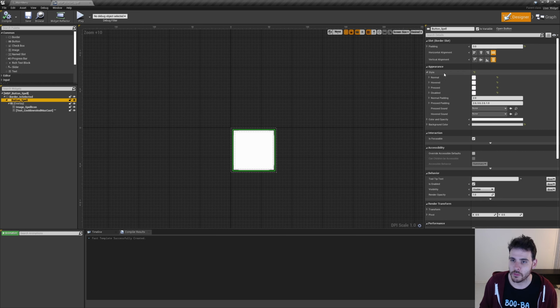In the style of the button, the normal padding and the pressed padding changed in between Unreal 4 and Unreal 5. The default values are different. So in our case, the default values are 2 and 2, 3, whatever. But in Unreal 5, the default values are different. They are not 2 and 2, 3 like that. So it means that the button in Unreal 5 is going to behave differently than the button in Unreal 4 by default, unless we change the default values,